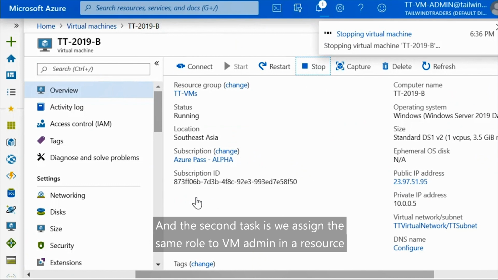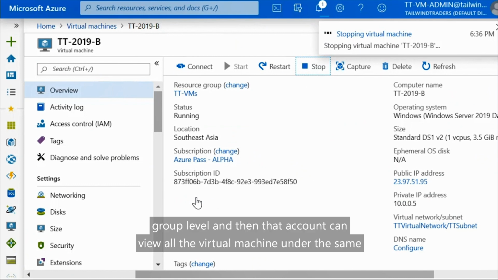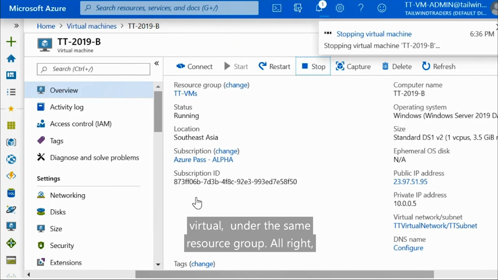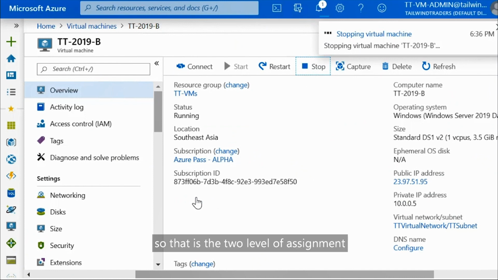And the second task is we assign the same role to VM admin at the resource group level. And then that account can view all the virtual machines under the same resource group. All right, so that is a two-level assignment.